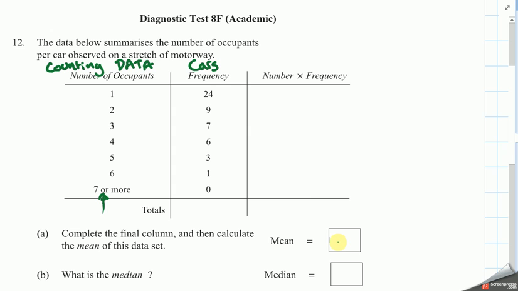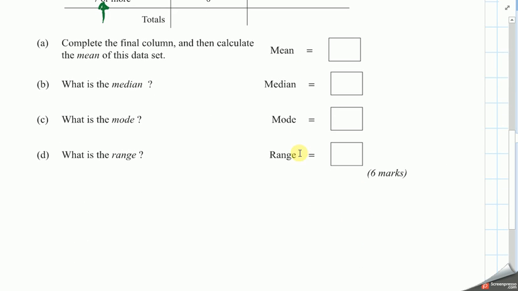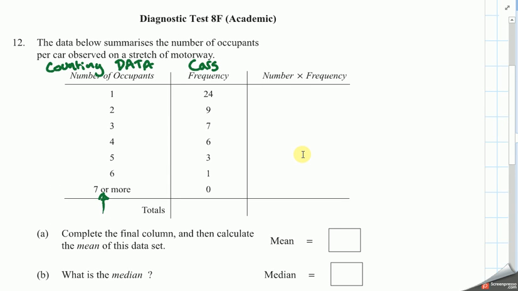Now, I'm not going to do it in the order that CIMT asked for. We'll deal with mode, median, mean, range as needed when we come through. The next problem is people don't try to interpret what this table means. You should be able to describe what this first line means, and each line separately. So the first line is actually that there are 24 cars